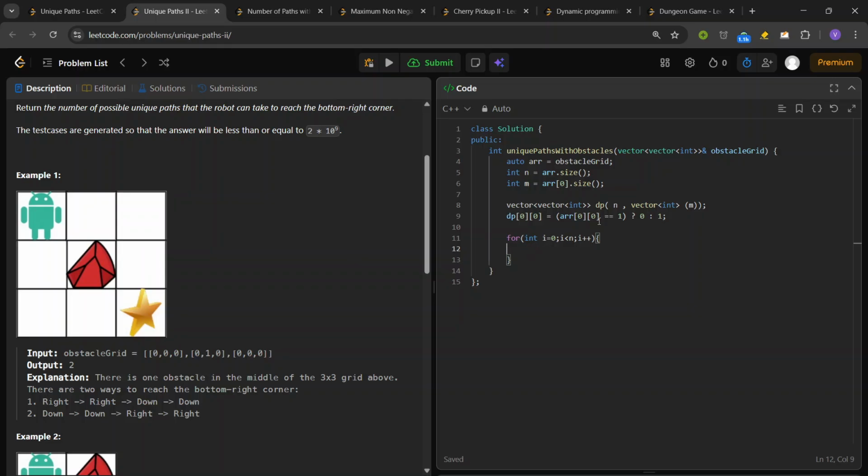and int, sorry, for int j is equal to 0, j is less than m, j plus plus. If I is equal to 0 and j is also 0, I just have to continue from here because I have already calculated its value. Now let's have some answer. Let's call it the answer. It is 0 initially. Then if I am not in the first row, and